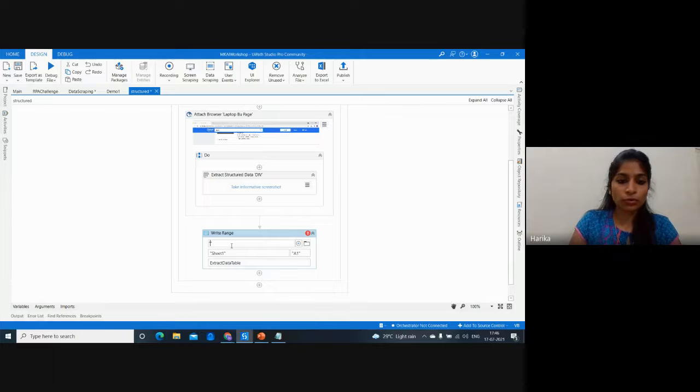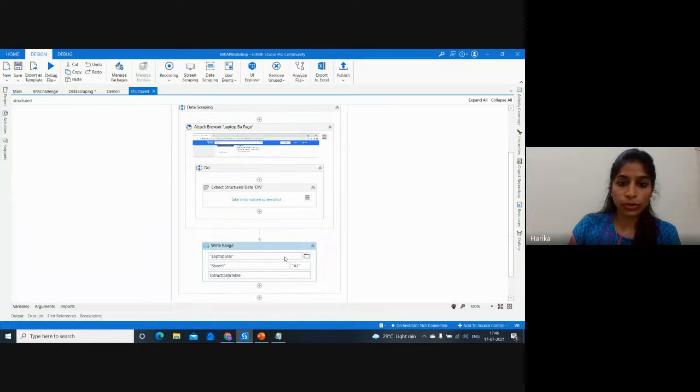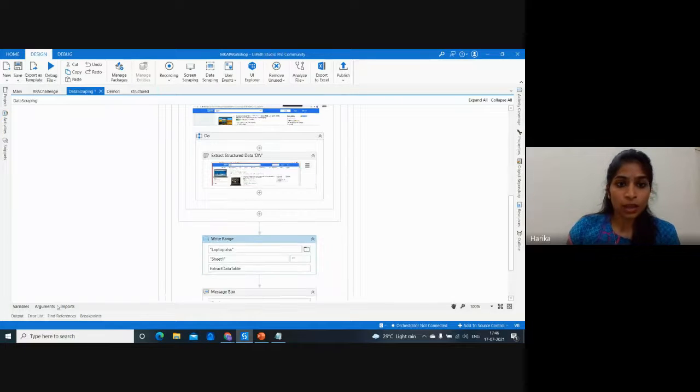Let's say I want to write it into laptop.xlsx. This is my workbook path, right? As of now, I don't have laptop.xlsx. Even if you don't have that Excel available on your machine, it's going to create one. So this is how you can extract the structured data and write it into Excel.